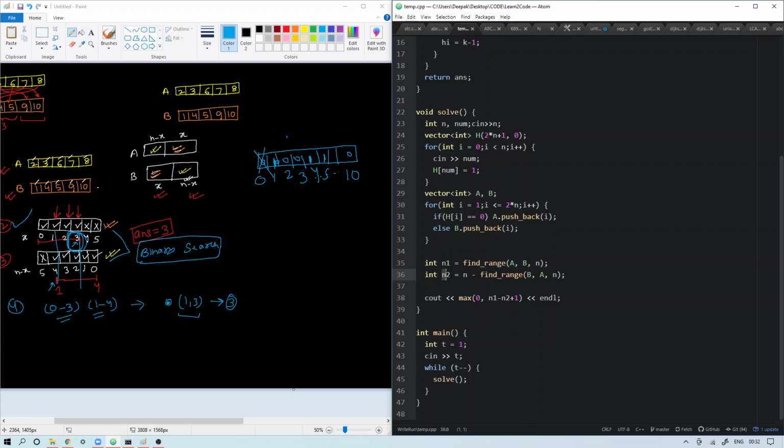And here we'll discuss what it is. After doing this we'll get n2. n2 is nothing but this 1, index 1, right? And after this we are just printing the answer, where we are checking how many common elements there are, right? Okay, so we'll look at find range, but before that,